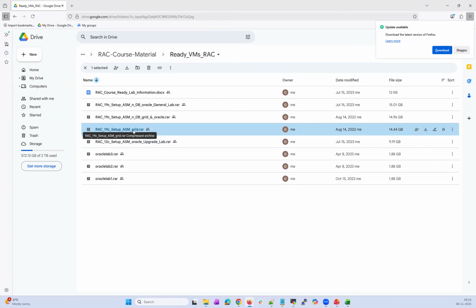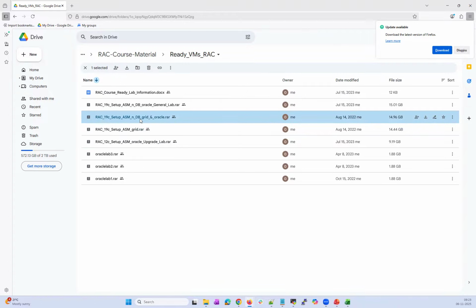So in the market or in some customer environments, you see RAC running with a grid user and the database running with an Oracle user. You can navigate that one. And we have this 19c RAC setup, where ASM and database are both configured in this RAC. ASM runs with the grid user, and the database runs with the Oracle user.